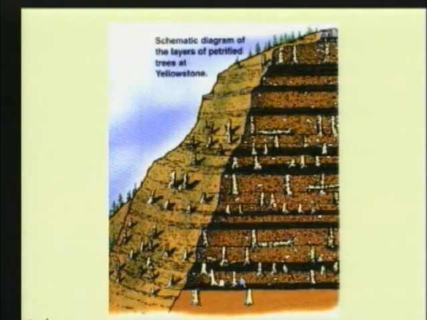So if we go to this area and we have a look at the various layers, we find something exciting. Each one of those layers represents one volcanic activity. In each one of them, you have some horizontal trees, like over there, and you have some vertical trees. Now, imagine everything is covered in water, and some of the trees are floating upright, and some of them are